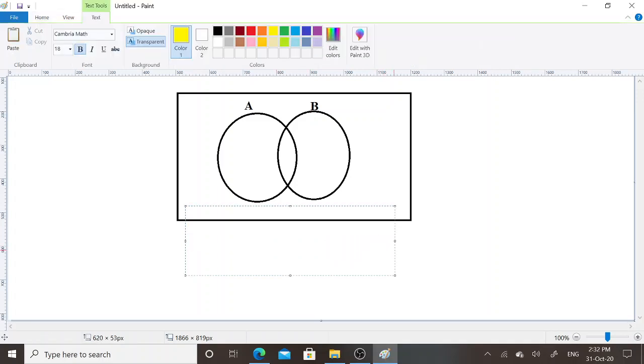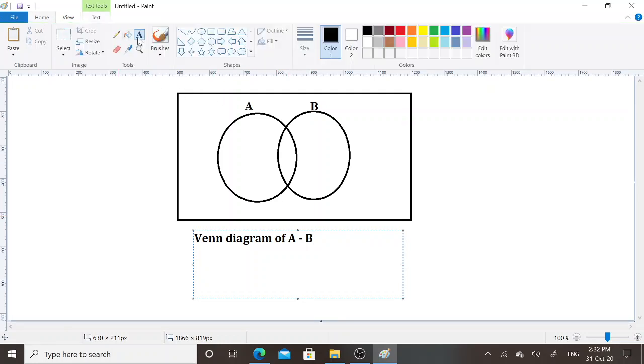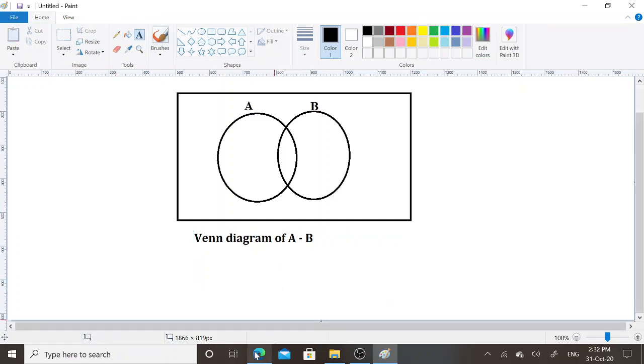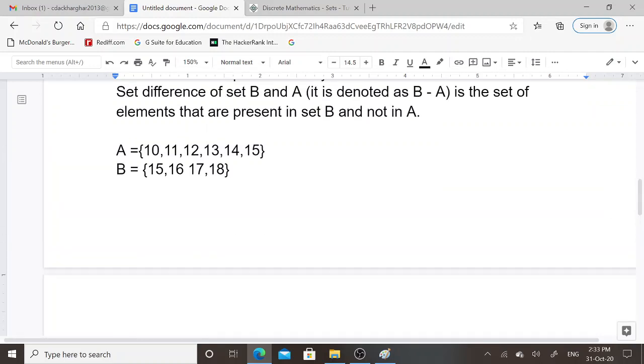Now I will draw the Venn diagram of set A and set B. Venn diagram of set difference of set A and set B. In set A: 10, 11, 12, 13, 14 and 15.